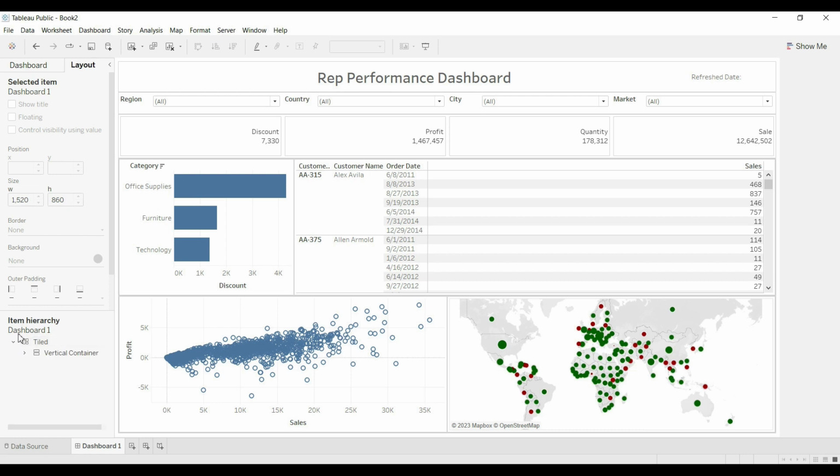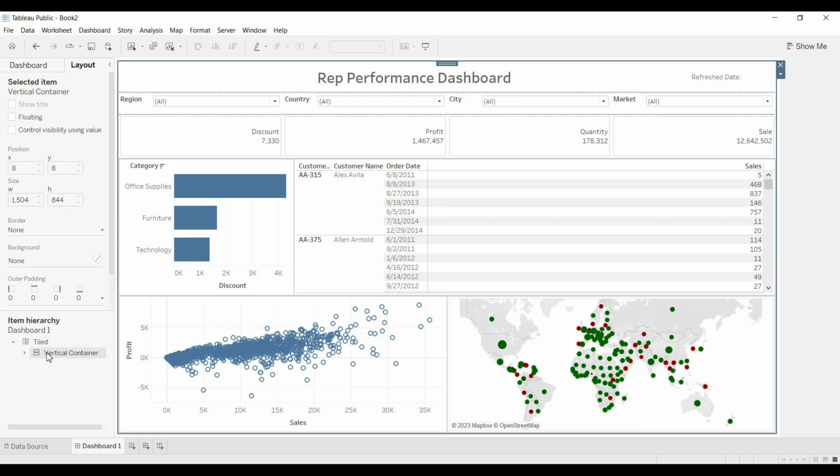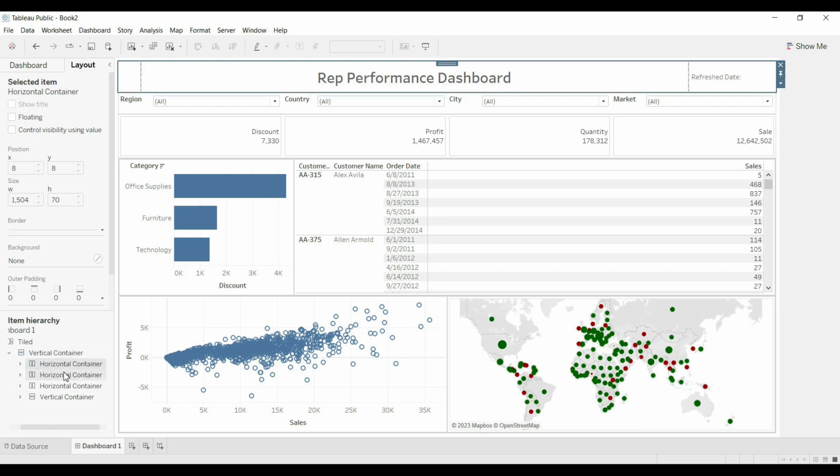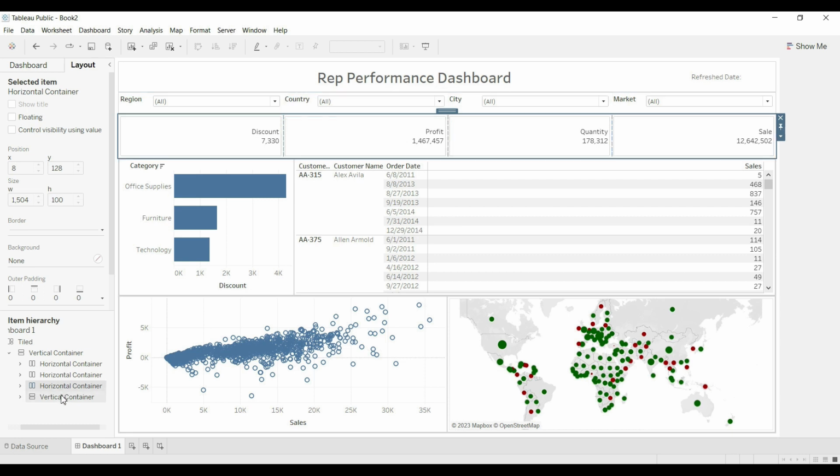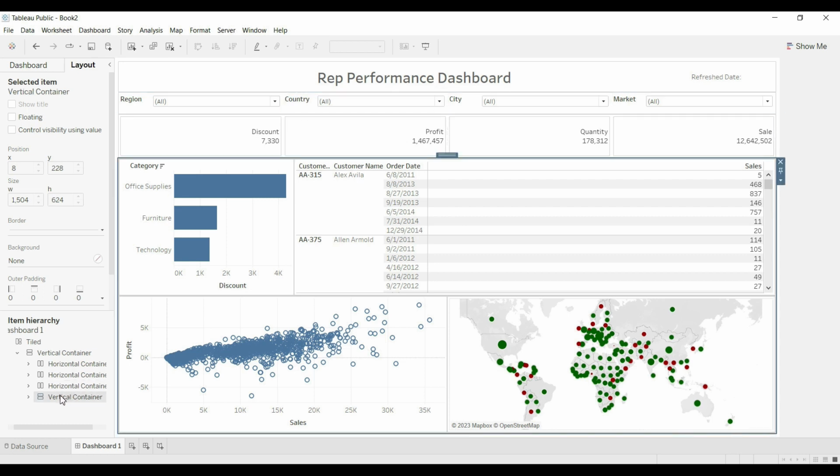First we will have a tile, then we will have a container. Because we are having vertical objects, this becomes a vertical container. Now what vertical components were we having? This is the top ribbon, this is the filter section, this is the top KPI, and this is the bottom section for the charts.